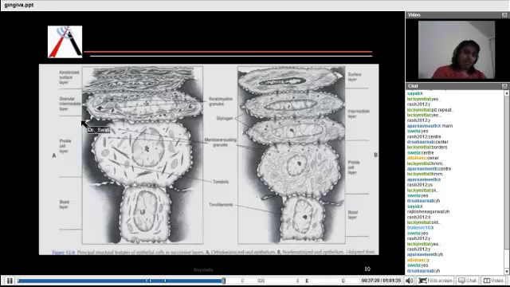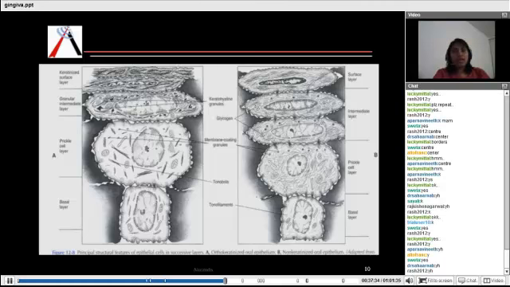Then we have the prickle cell layer, also called the spinous layer. After that, we have the granular layer. After the granular layer, we have a keratinized surface layer